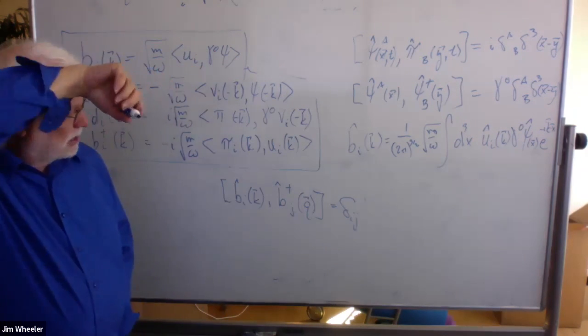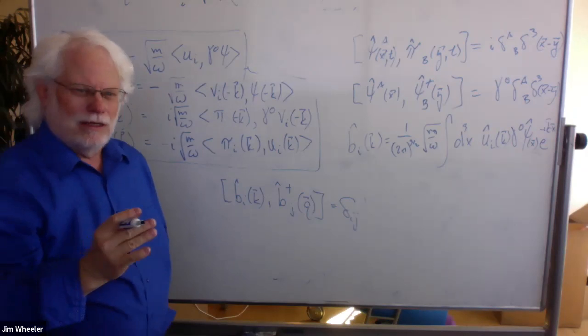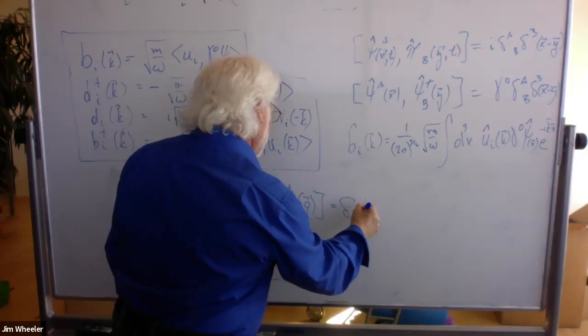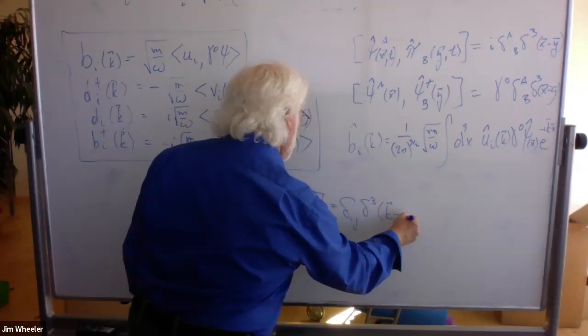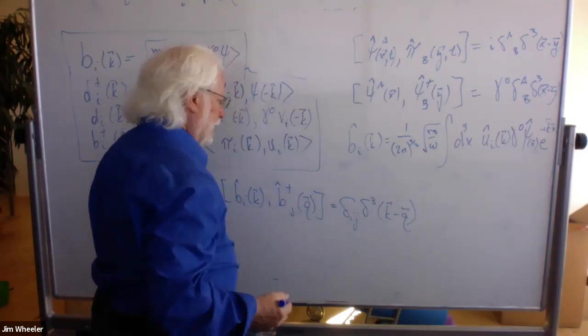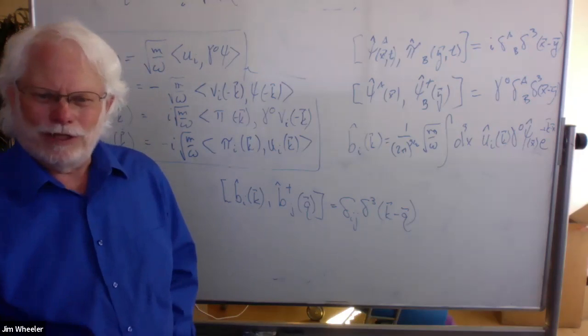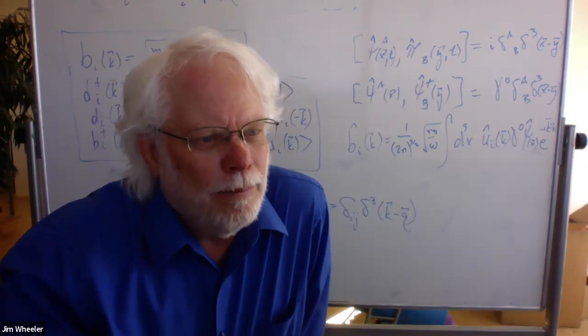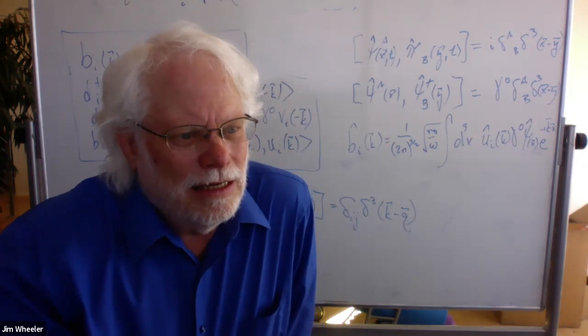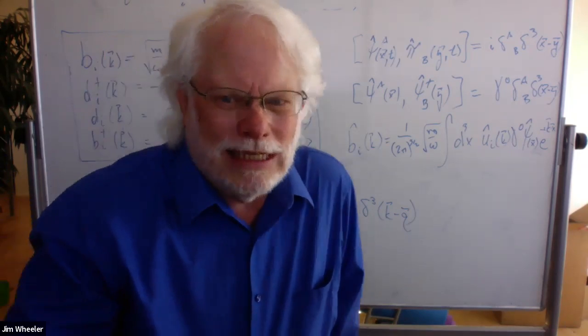So a spin up commutes with a spin down, no problem. And then you get delta 3 of k minus q. And let me not try to put this calculation on the board because I'll just go crazy. But this one, the D with D dagger,